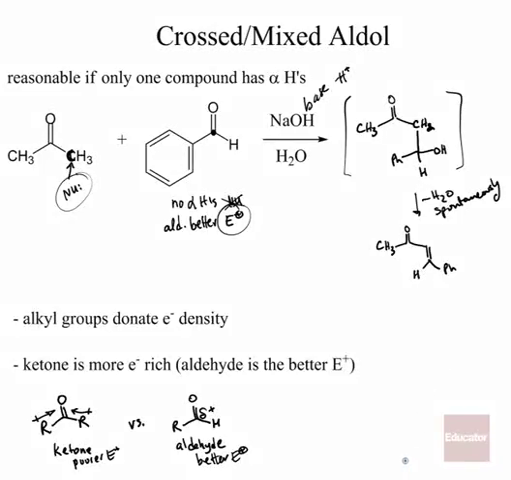Okay, and let's think about this particular example. Why is it in this case that it would be very difficult to isolate this alcohol, very difficult to not have it undergo this dehydration step, this beta elimination step? Well, that's because we have this double bond not only in conjugation with the carbonyl like it always is in an aldol, but we also have this